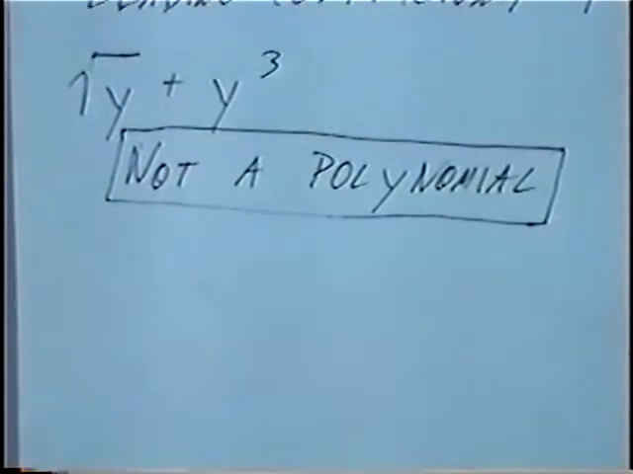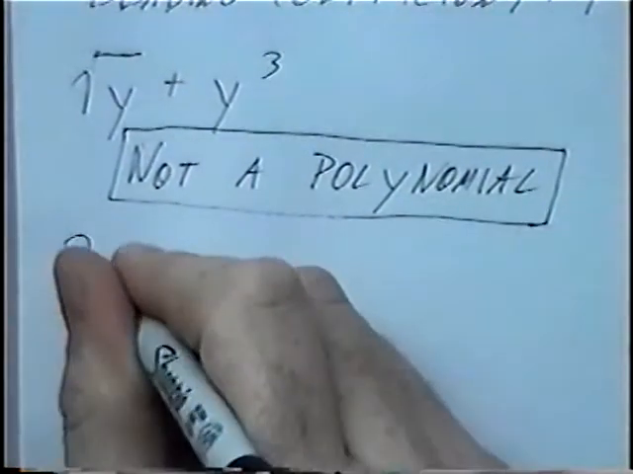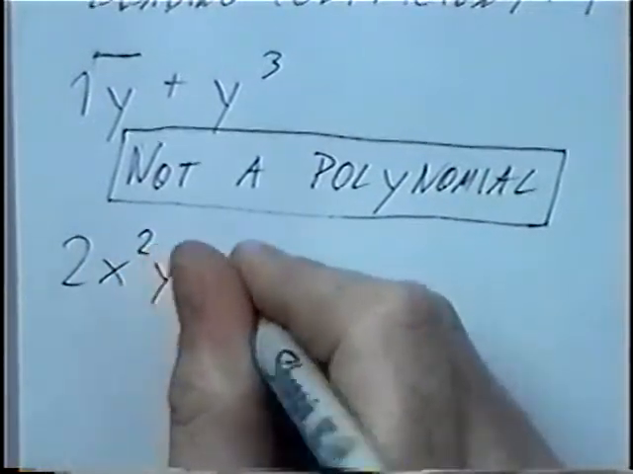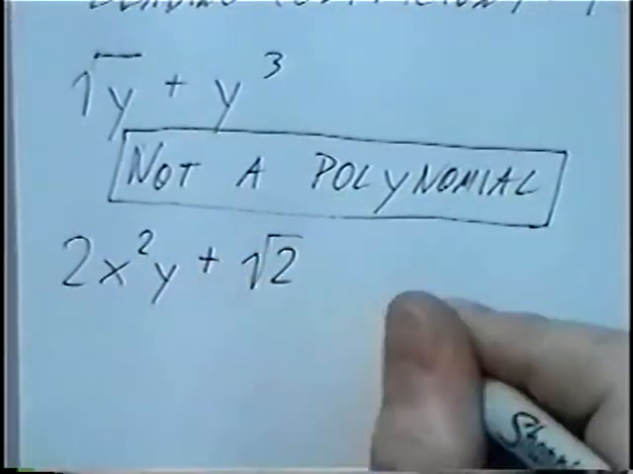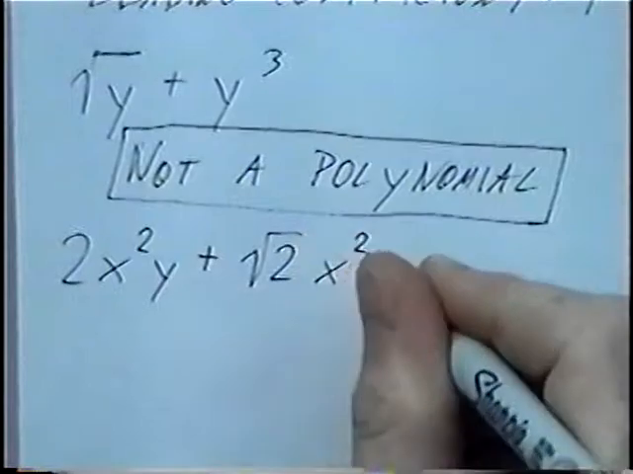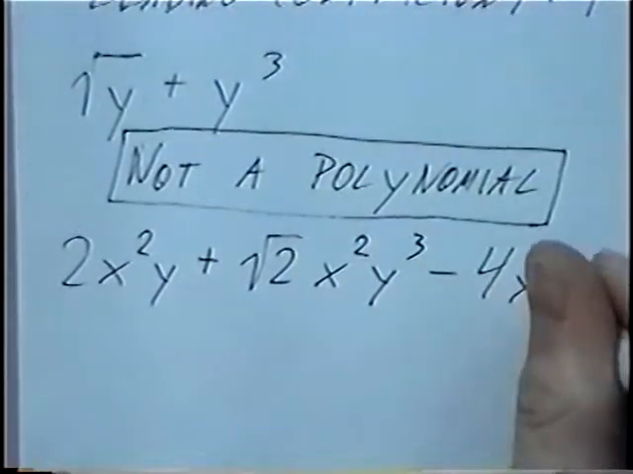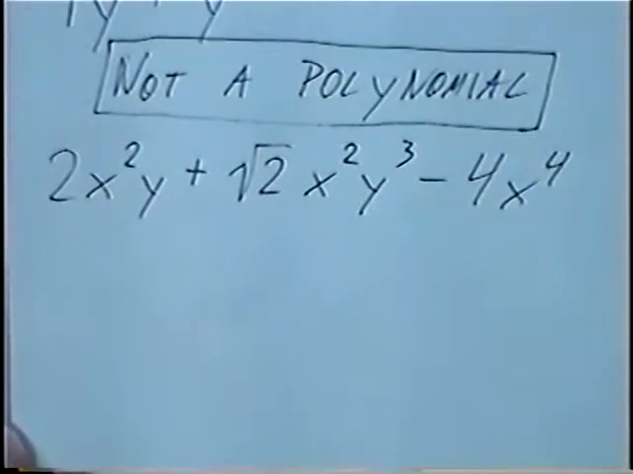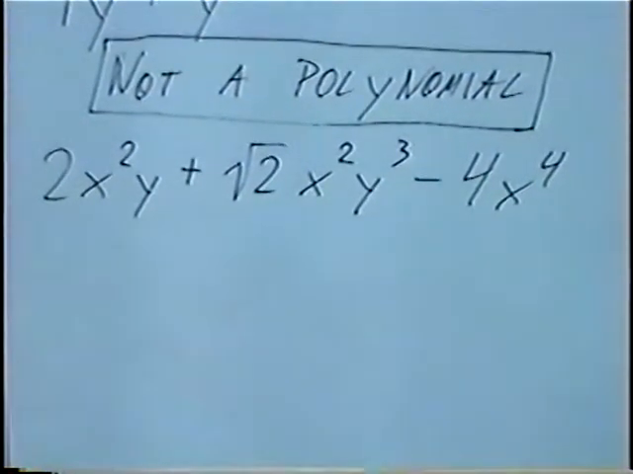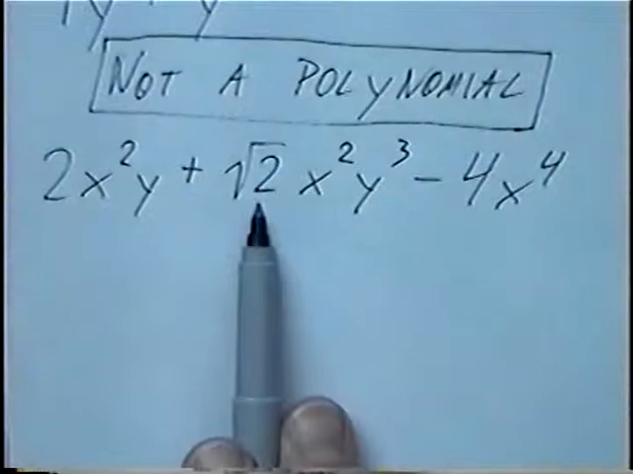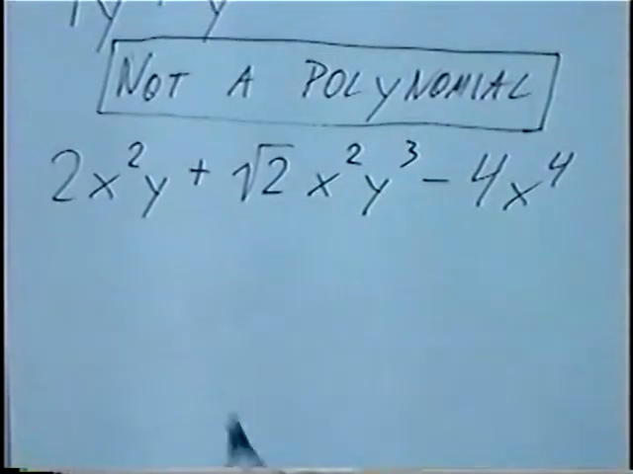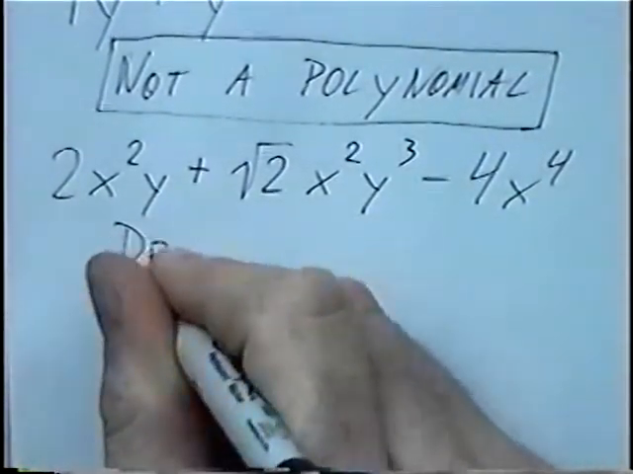And last question for the section, 2x squared y plus square root of 2 x squared y cubed minus 4 x to the fourth. In this problem, we have a square root of a number, square root 2, which is fine, so this is still a polynomial. The degree,